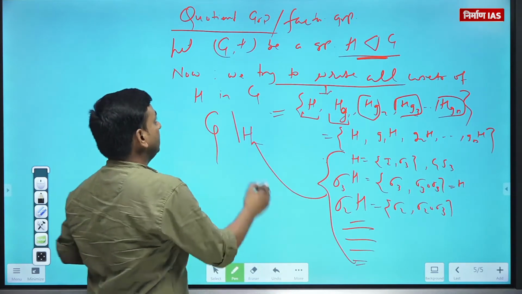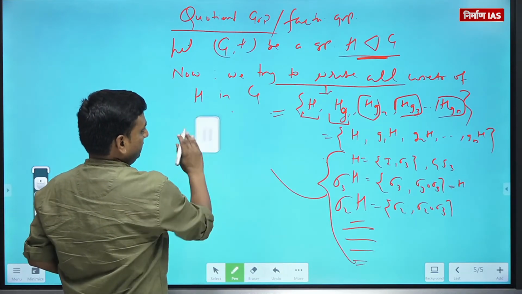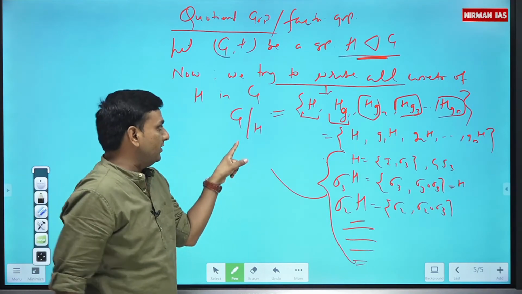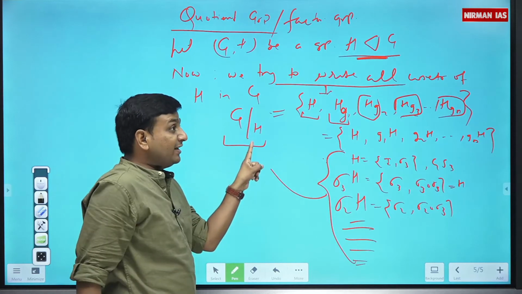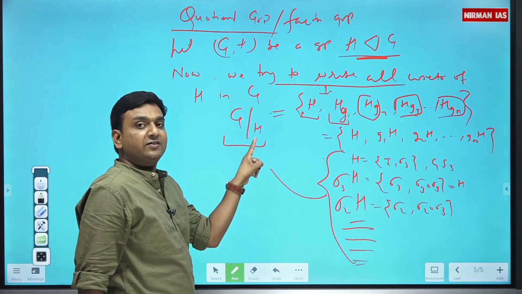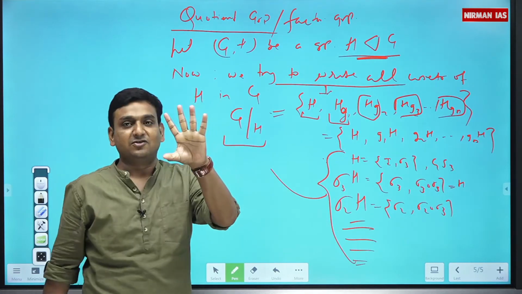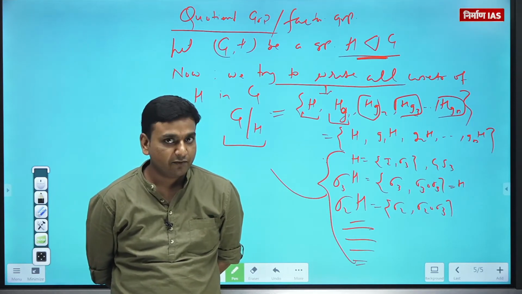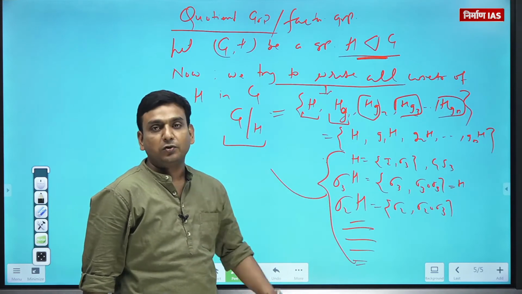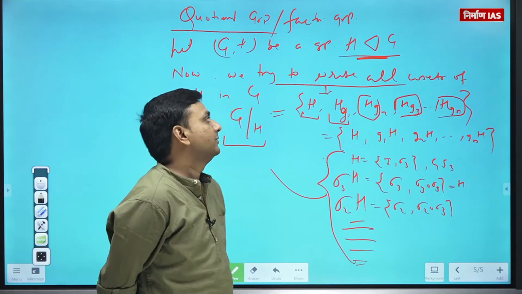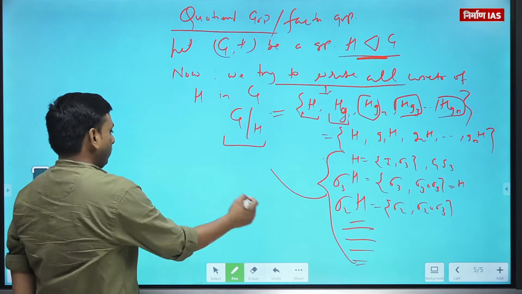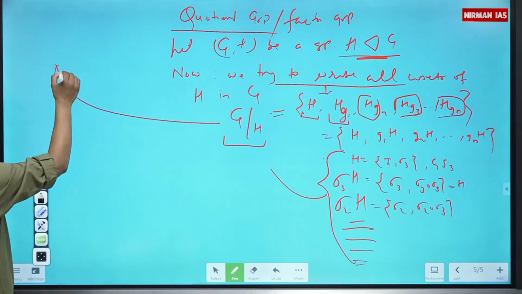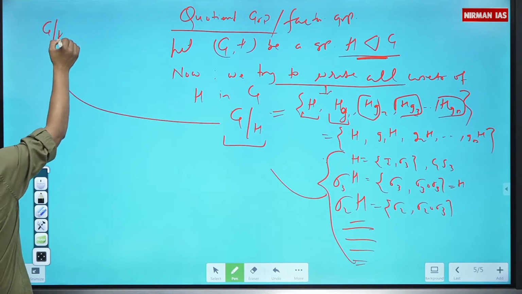Getting my point? Write it again: GH. So this represents the collection of all cosets of H in G. That clear to you guys? Fine. For example, I have shown you. Now, the point is that this collection GH